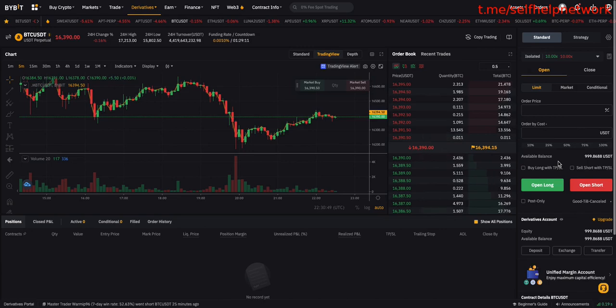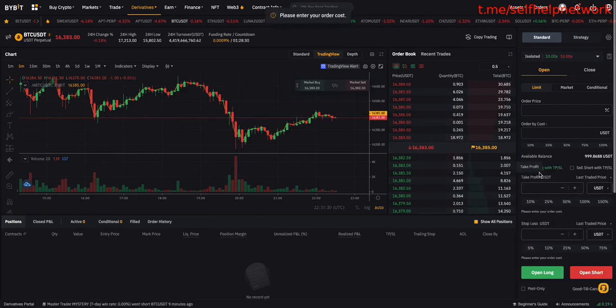So, to clarify, leverage is not to be used to make more money. It's to be used so that you don't have to keep so much money on the exchange. Leverage can allow you to enter positions with a predefined size of risk, and you can use a stop loss in order to manage your risk. For example, I always recommend to use no more than 2% of your trading balance on each trade.